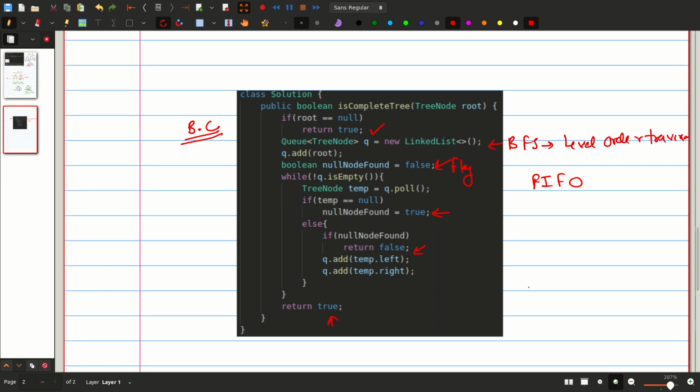Okay, at the end, if I talk about the time complexity, every node I am iterating or accessing only once, so it will be order of n. And if I talk about the space complexity, it is nothing but the width of the tree. So that is order of width of the tree, but the width I do not know. So if I talk in terms of n, in the worst case, all the nodes should be present inside my queue.